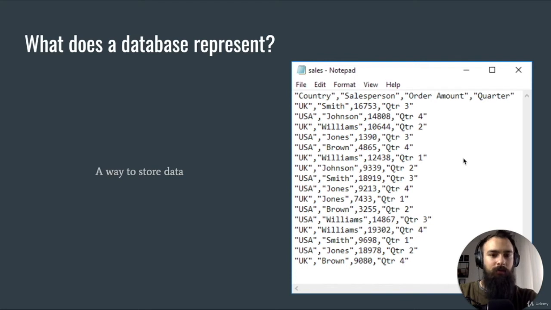In here I have an example about sales data that is stored in a text file called sales. And this is a decent way to store data as long as it's in small quantities. When we have a large amount of data, we won't be able to update it properly or delete some records. And most importantly, we won't be able to analyze it. So this takes us to the second point,